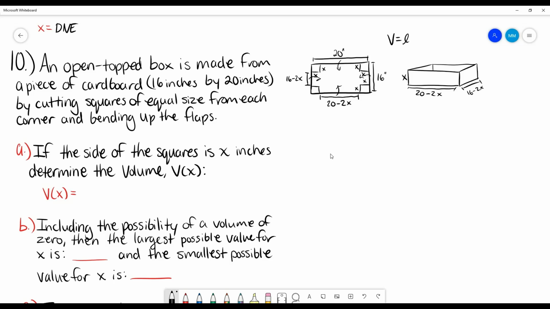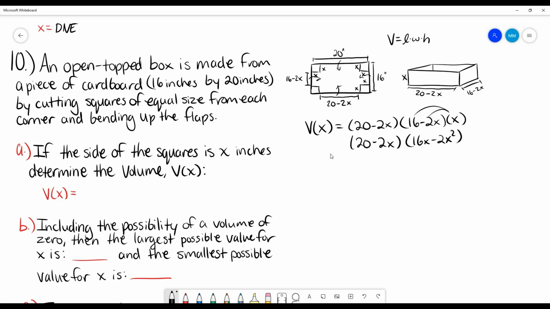We know volume is just length times width times height, so that makes it pretty easy. So our volume function is just going to be all of these things multiplied. You can probably leave it in that form for the homework. I'm not sure. I think I did go ahead and distribute that out. So I'm going to multiply out that x first. So it's just 20 minus 2x times that. It makes it a little easier to look at and to multiply. So now I just FOIL,